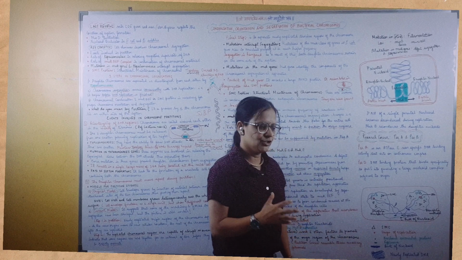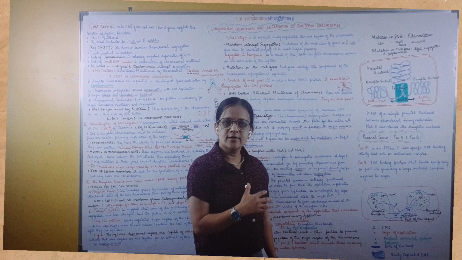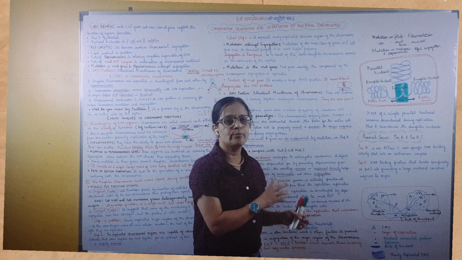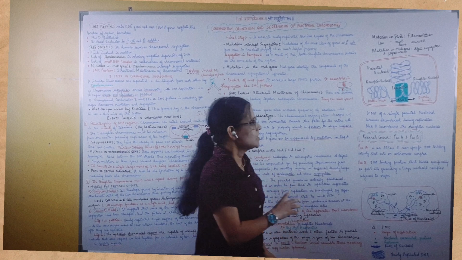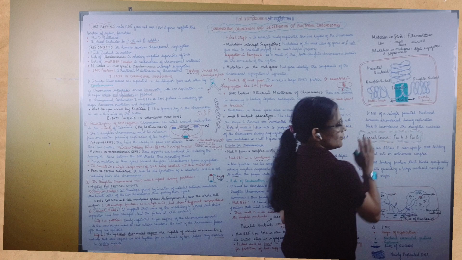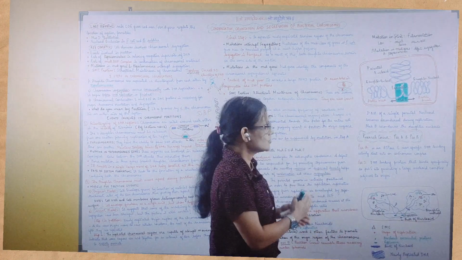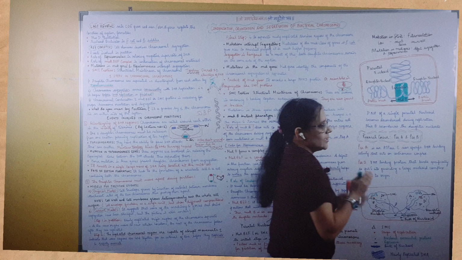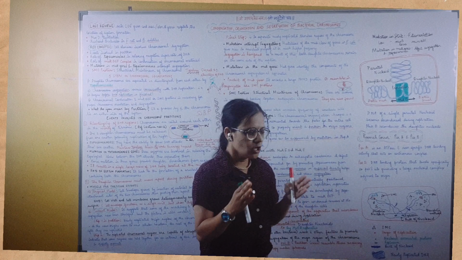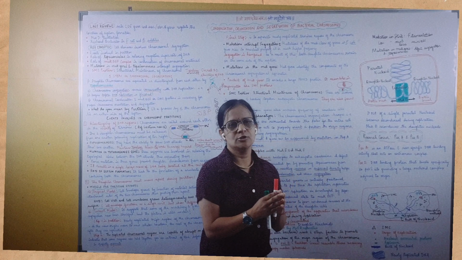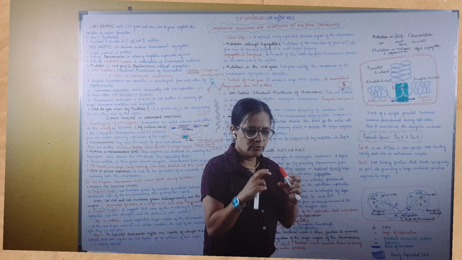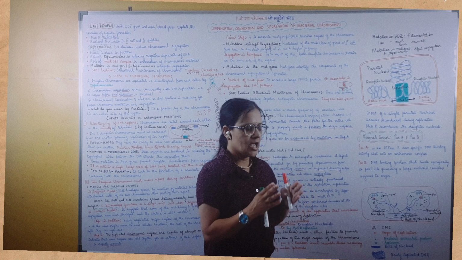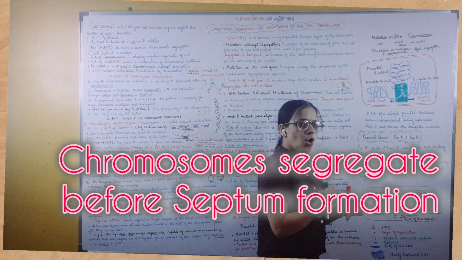Now what is orientation? Orientation is that the condensed genetic material is placed properly in the two daughter cells. Here the daughter cells are not yet formed. Please understand this, the septum formation has not yet occurred. Septum formation will take place and then the two daughter cells will be formed. But before the formation of the septum, or before the formation of two daughter cells, you will have segregation of the chromosomes. And this segregation means orientation.